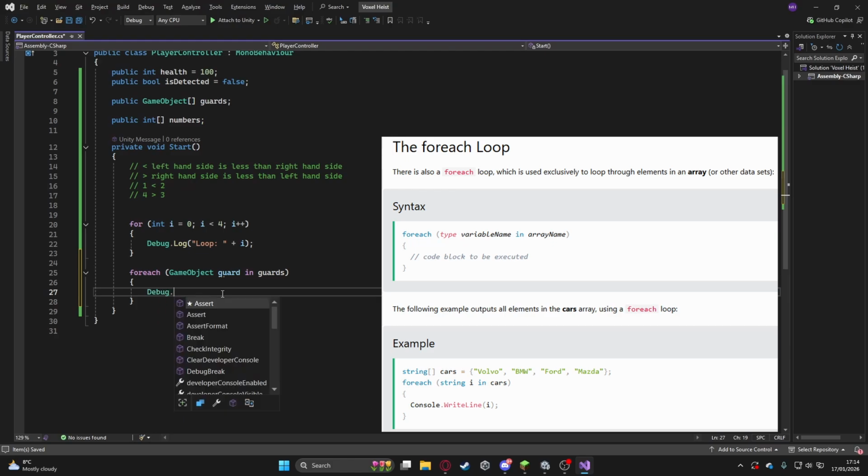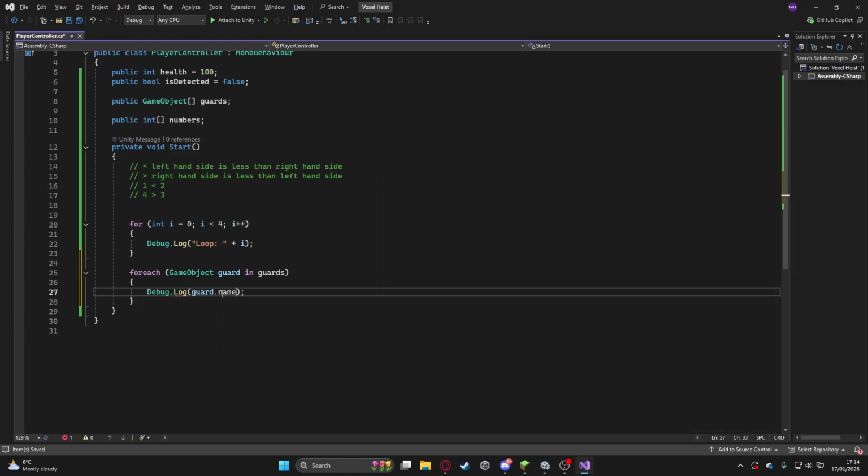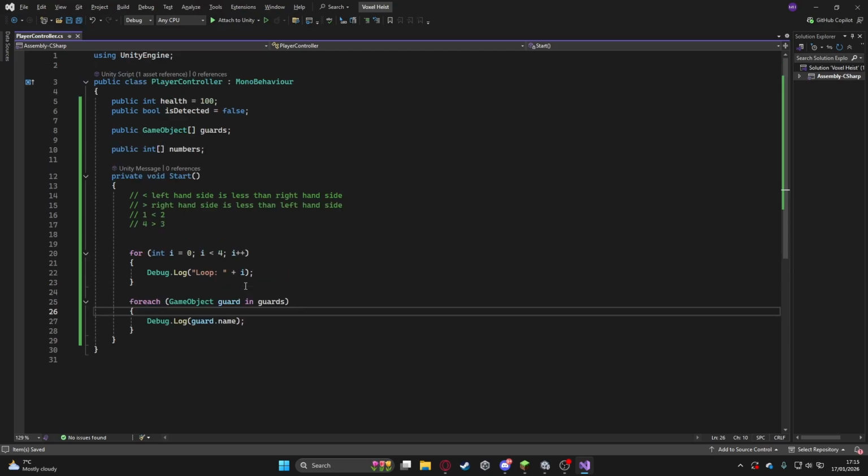And we'll say debug.log guard.name. So what this will do is, for every game object in guards, it will take the first one, temporarily assign it to guard, and then print the name of that game object. This will be handy for later down the line when we might want to all edit things in bulk. It'll be good to have them all contained within an array or a list, which we may look at later,